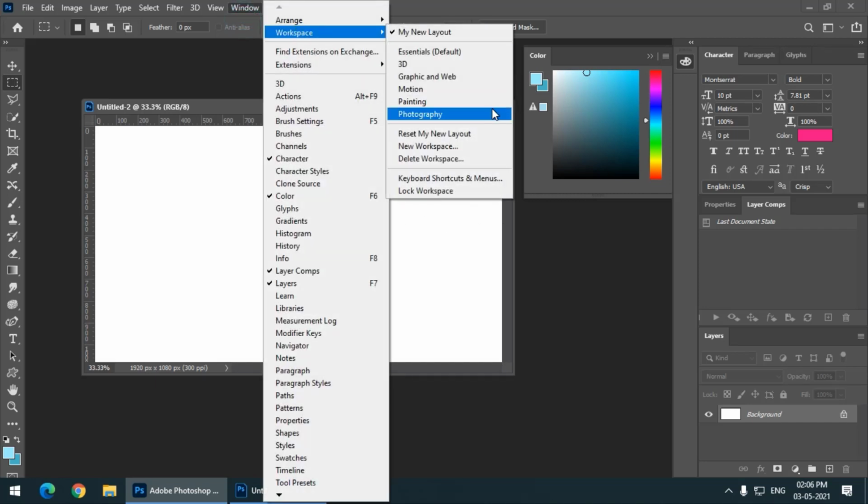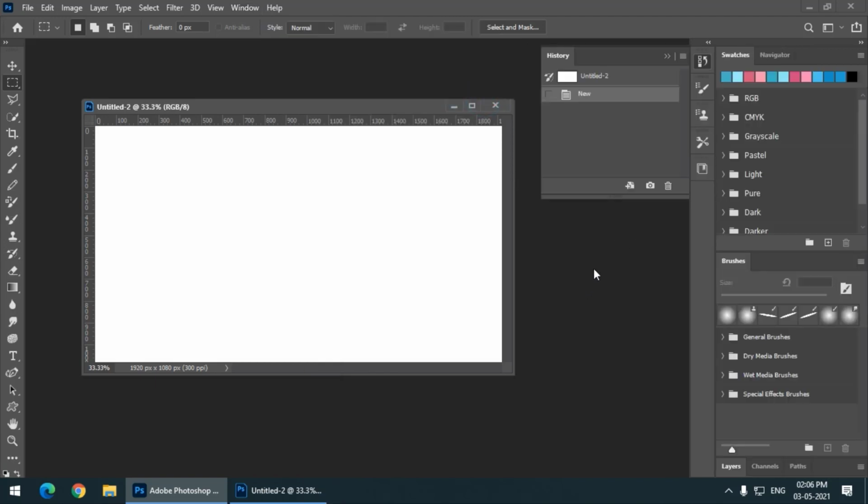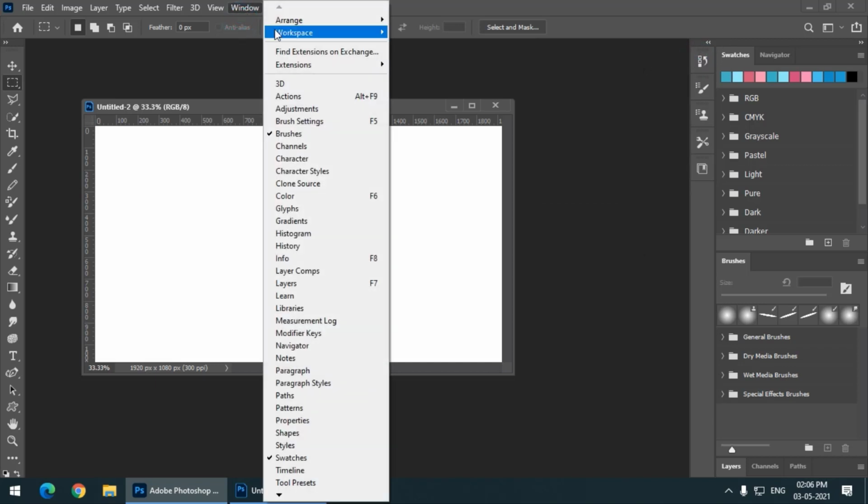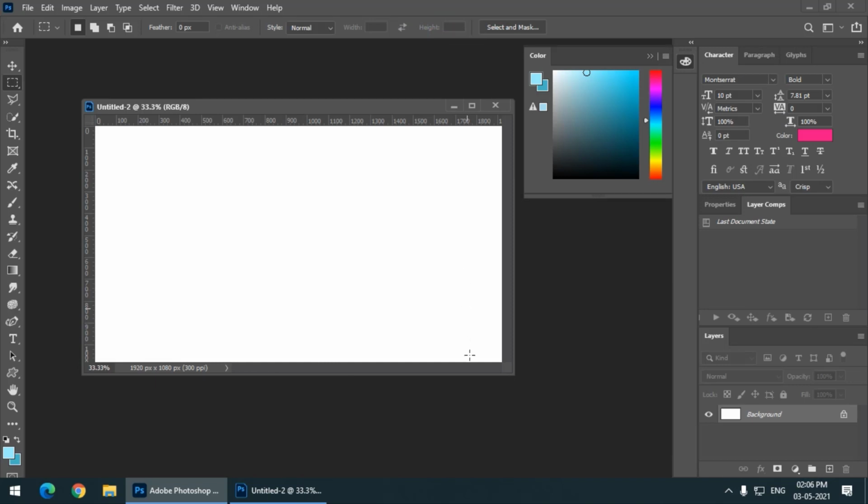If I choose another one, let's say painting, and then I again want my customized layout back, I can go to Window, Workspace, and My New Layout. Then I'll get the layout which I have created for myself. So this is about the layout.